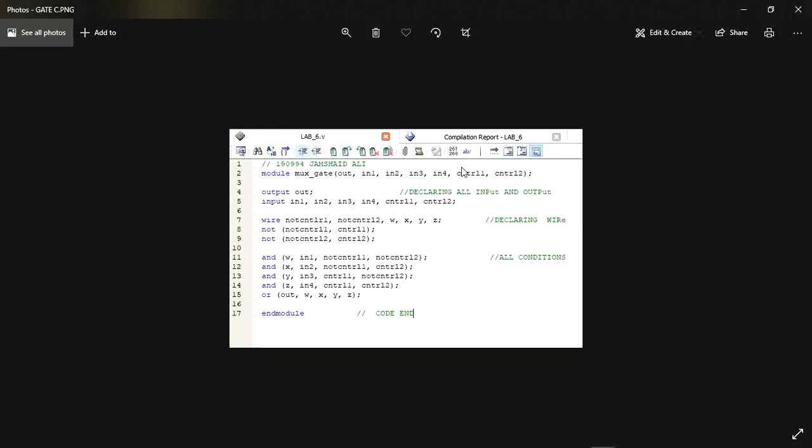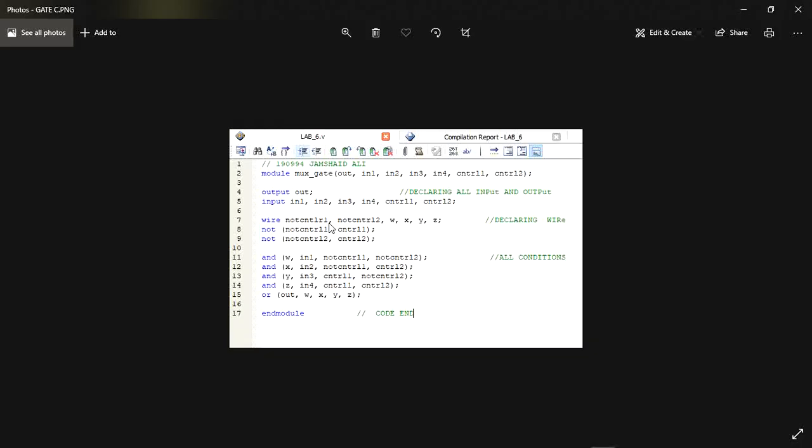First of all, you can see here we declare all the inputs and outputs, and secondly we declare input and output separately, and after that we use wire statements to get our selection lines and all our inputs and outputs. So not control and not control, w, x, y, z, all our outputs. Not control is like an output because this is the response after passing through the not gate.